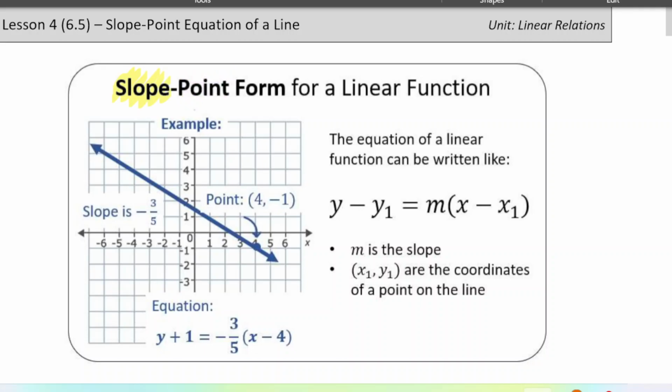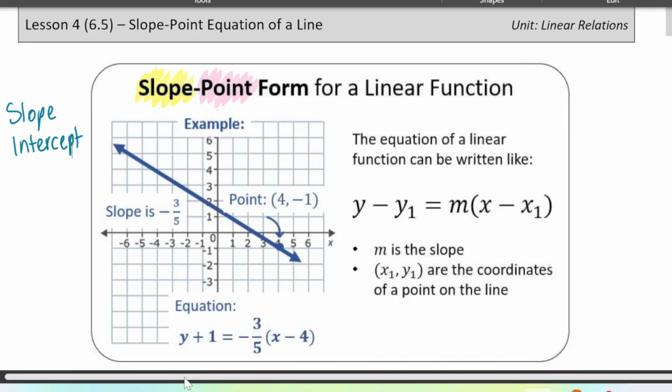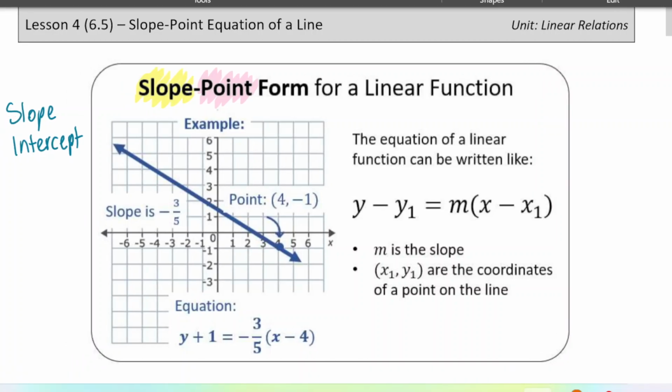Actually, I'm going to use a different color. I'm going to use pink. Last lesson, just to review a little bit, we did the slope-intercept equation. I'm just going to move my screen over a little bit so you can see my writing there. And that one was really useful if you happen to have the y-intercept and the slope, but we don't always